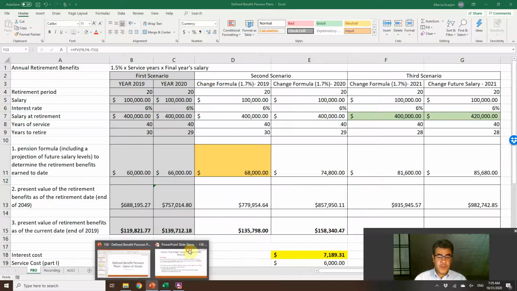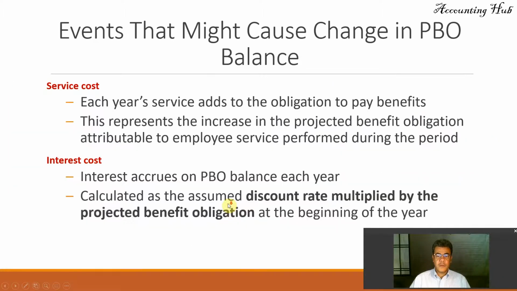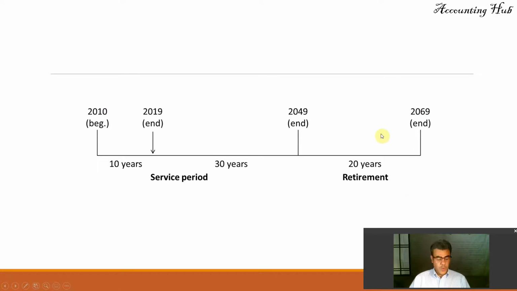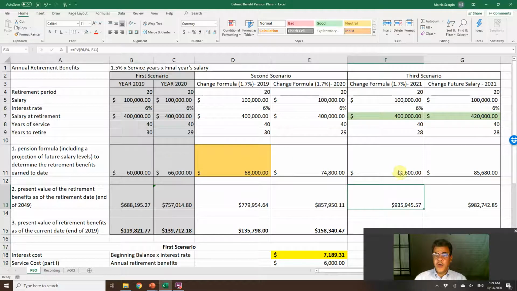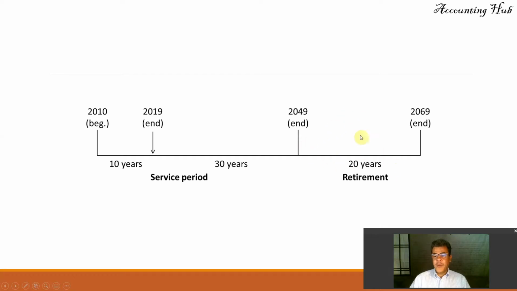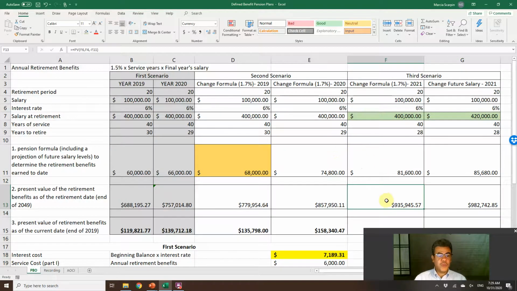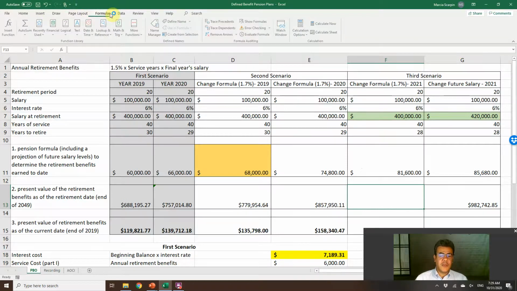So here, let's go here. The 81 is here. How much he will be receiving per year. Step number 2, the present value at retirement. So let's come here. Formula, insert,